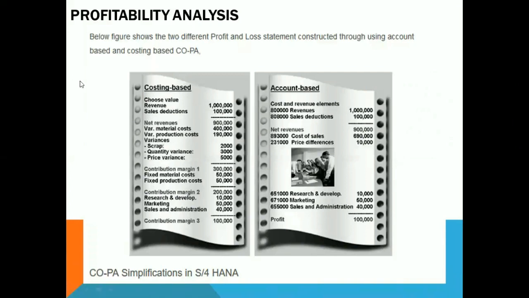From this, you have to deduct the sales deductions. All the sales deductions should be deducted. So once I deducted the sales deductions, I got the net revenue. The net revenue is going to be 9 lakhs. So from this 9 lakhs, are you going to take this net revenue as your profit? No, I cannot take. Why? Because I want all this cost of goods sold splitting accounts to be removed.